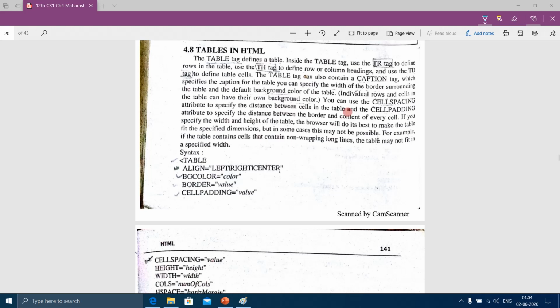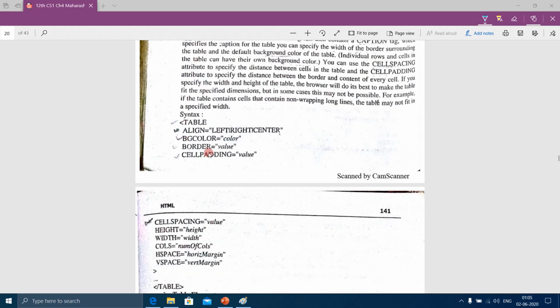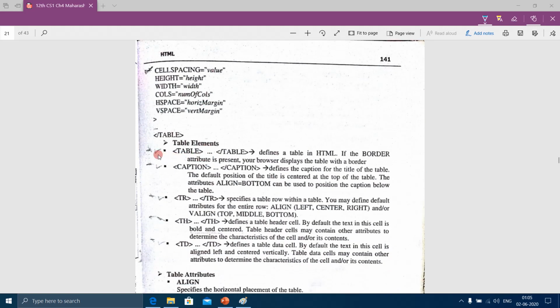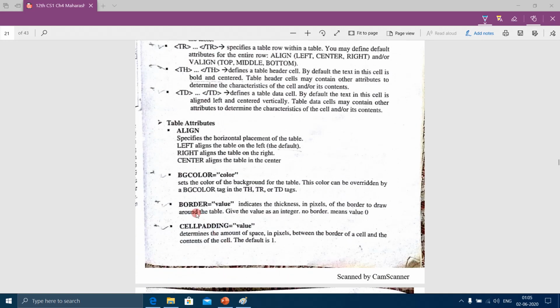Hello students, in the previous video we discussed the table tag and the tags used within the table tag, for example the TR tag and the TD tag. We also learned about the caption tag. We had an overview of what cell spacing and cell padding are, and we also saw the syntax of the table tag. We discussed in detail the table tag, caption tag, TR tag, TD tag, and also border